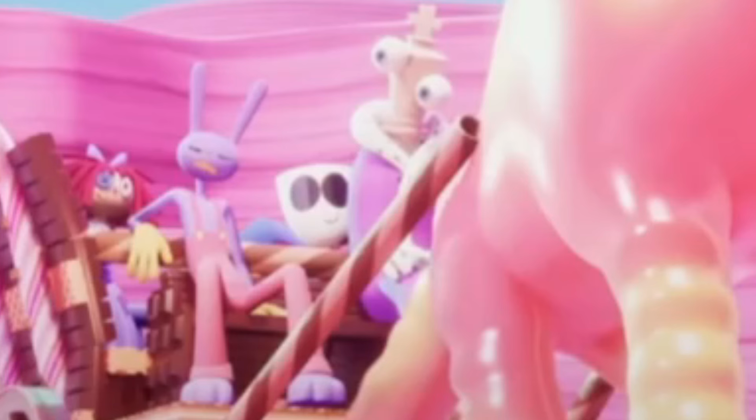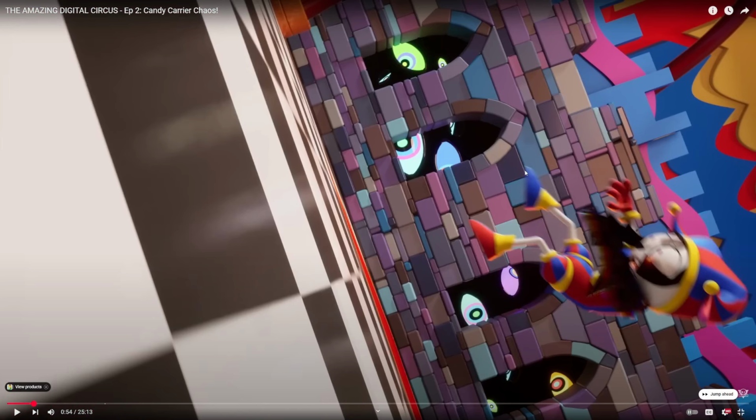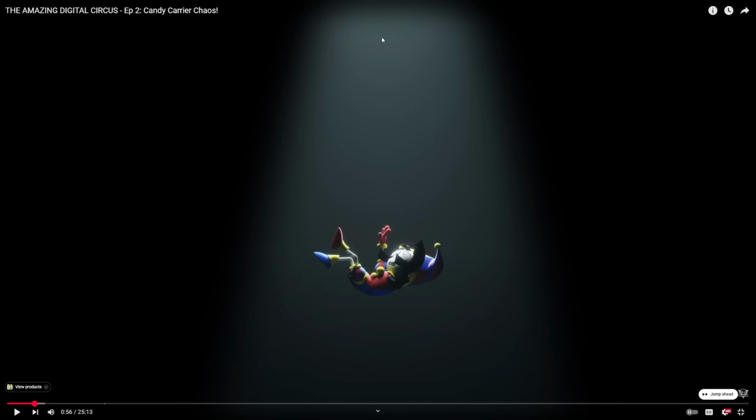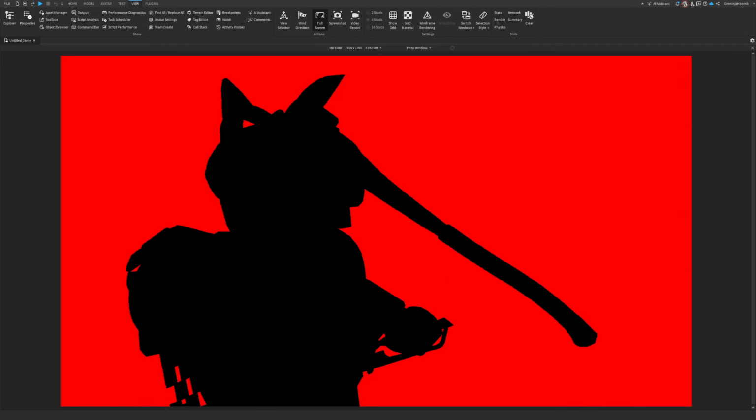If we go here, this is the Amazing Digital Circus. There's one scene that looks quite cool. This is cool. Now, my plan is I'm gonna do a scene similar to this, but it's gonna be George, and his hat is also gonna be falling, so that would be cool. And Tio's hand, like evil hand, can be here. Instead of it just being a black abyss, there would actually be infected at the bottom, like a pit, and he's falling into it, that would be cool. And also on top of that, there can be not impact frames, but flashes of colors. So like with the axe, kind of thing.